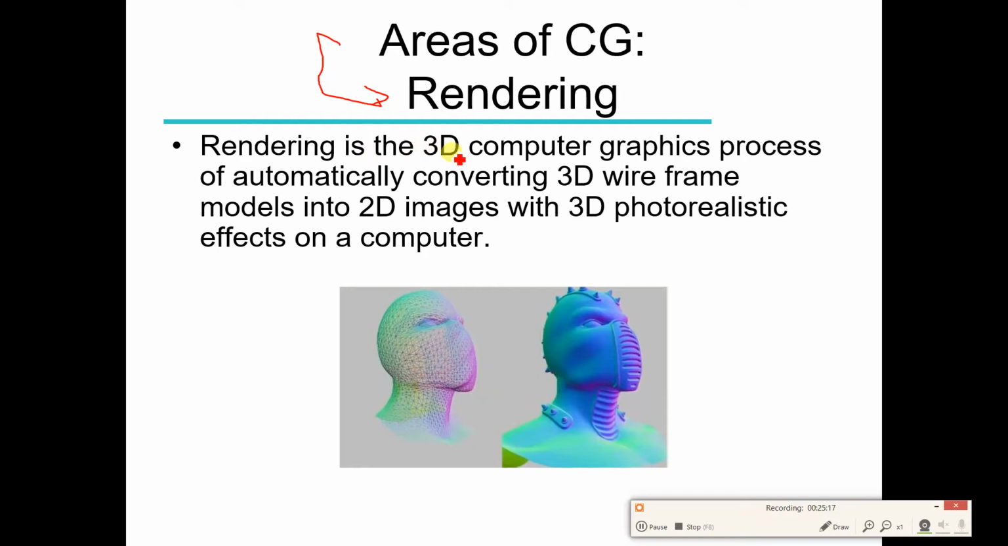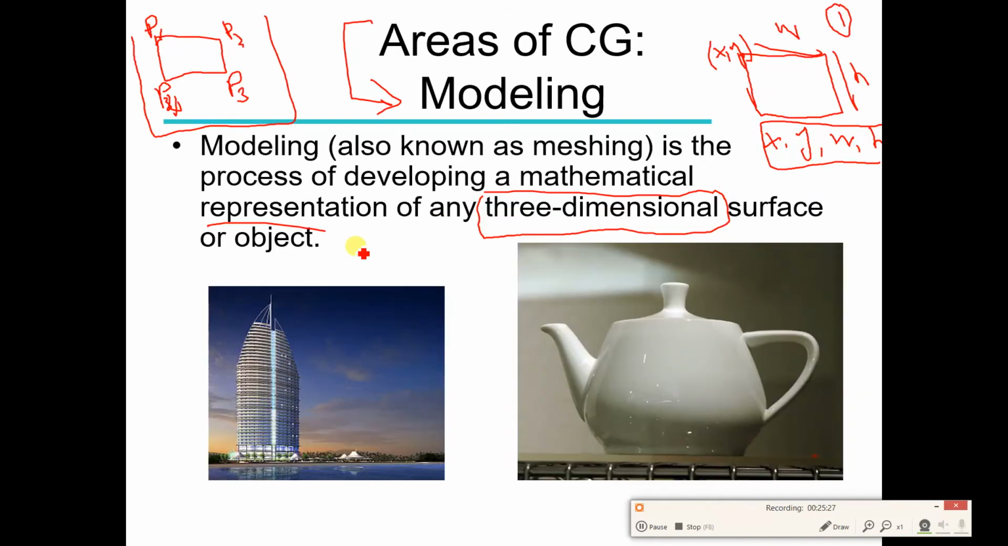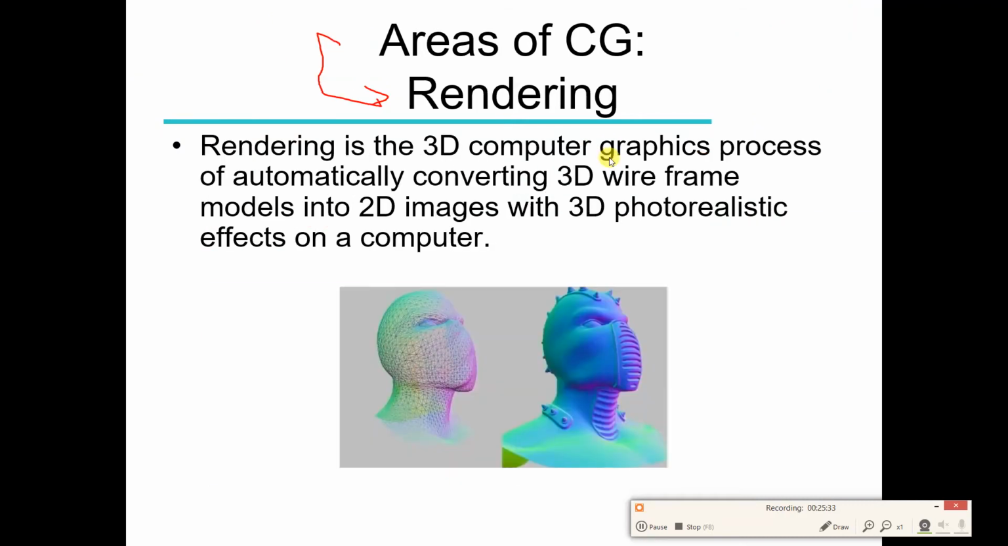Rendering is the 3D computer graphic process of automatically converting a 3D wireframe model into 2D images with 3D photorealistic effects on the computer. So when we create the model, our main idea is that we are creating a mathematical model, but ultimately when we are talking about computer graphics, we have to display this on the computer screen. So when we talk about the rendering concept, we have to transform this original 3D mathematical model onto the two-dimensional computer screen. So basically we are creating the 2D image because the computer